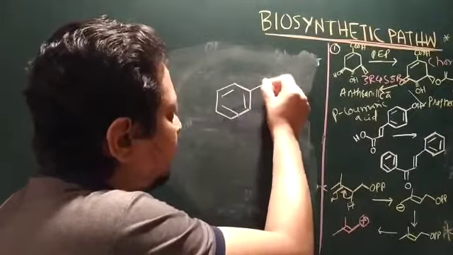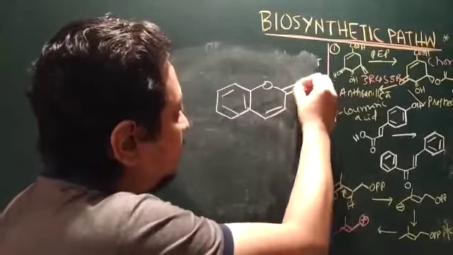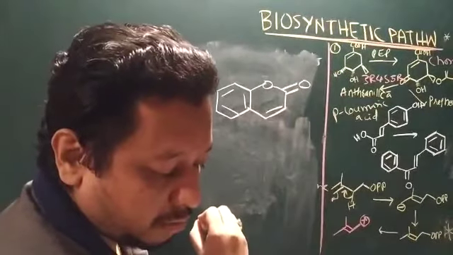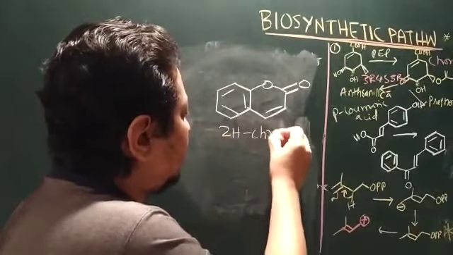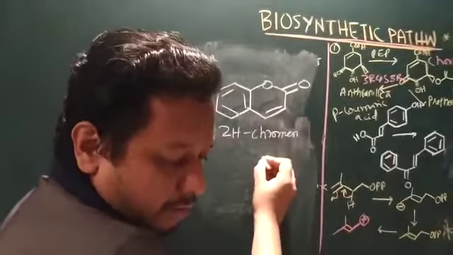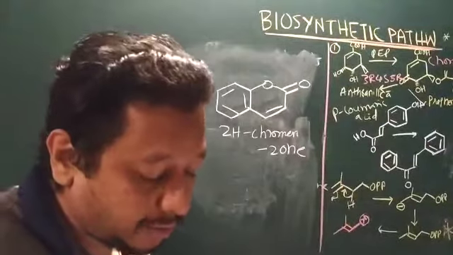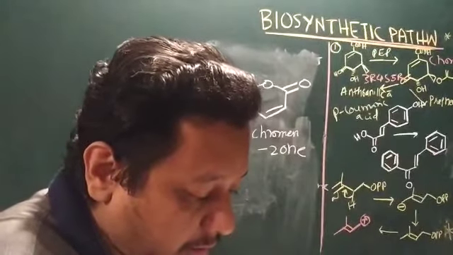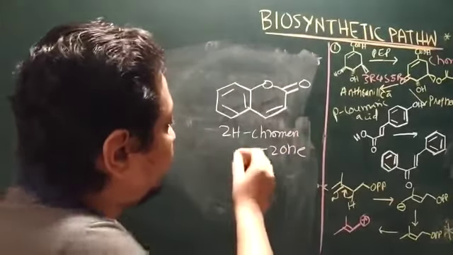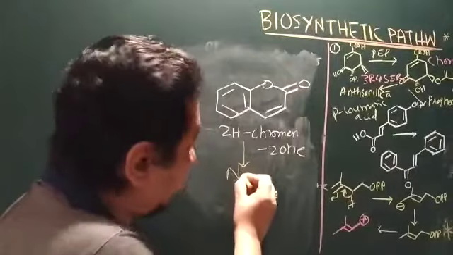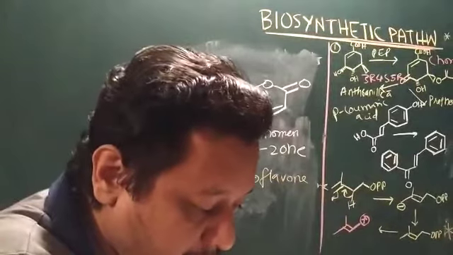Okay, you have a benzopyran, and you have an alpha ketone, alpha one. So we can call it 2H chromen-2-one, 2H chromene. Okay, 2H chromen-2-one. This is another name. Sometimes examiners ask this kind of question. Okay, and if you add a 4-phenyl group, you can get from coumarin to neoflavone. Okay, neoflavone, that is another good type of question in GPAT.